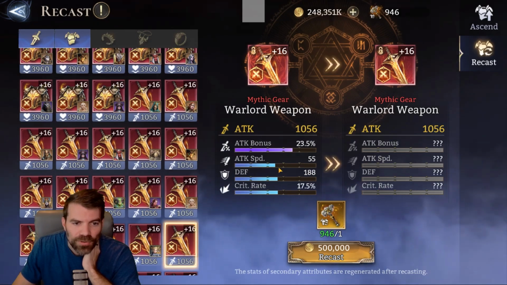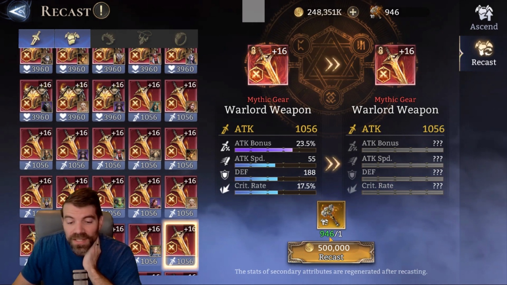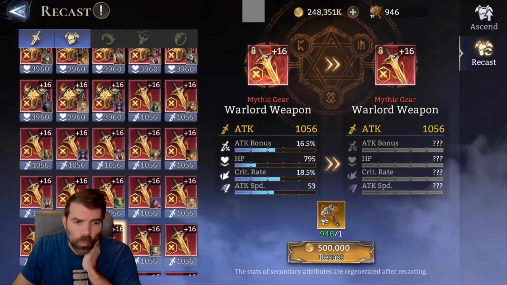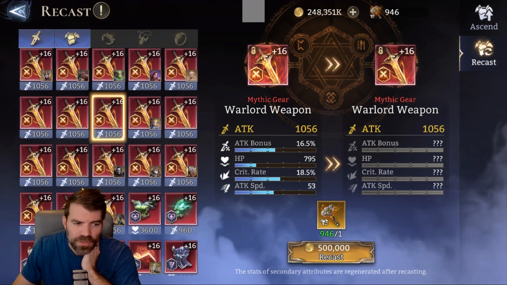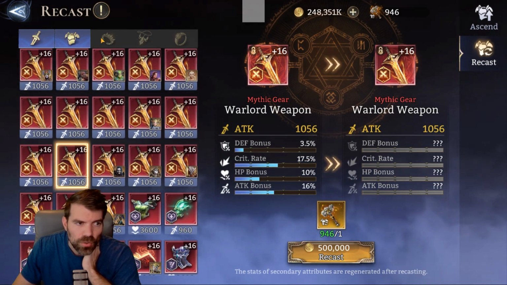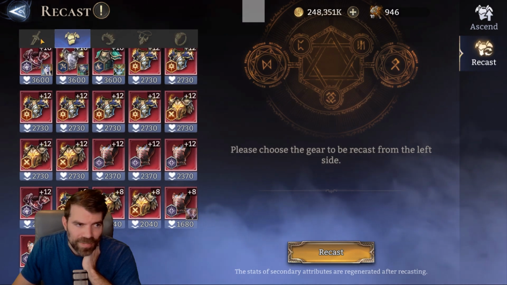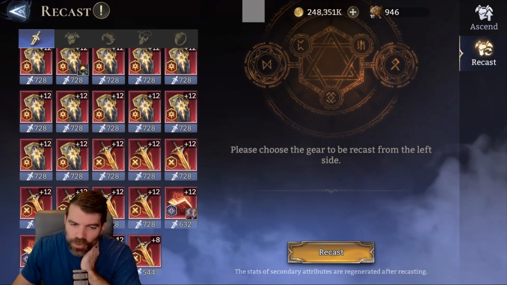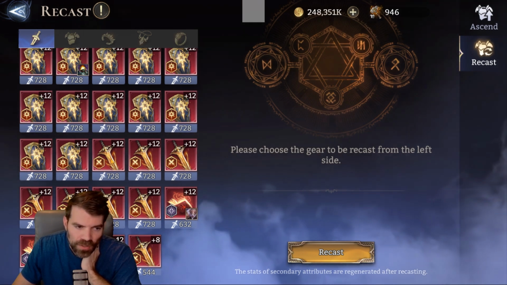Let's see. I started out with 1,000 of these. So how many do I have? Yeah, I've done 54 of these, and I think I've only got one with a single yellow roll. That's pretty much it. So as far as weapons, let's talk about what items I would upgrade and which ones I wouldn't. So first of all,